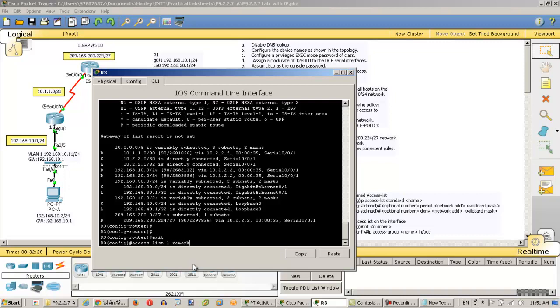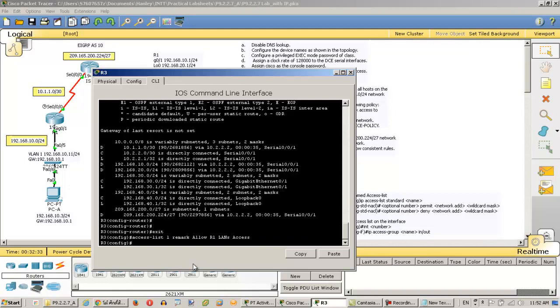We can actually make a remark, basically to allow R1 LAN access, to let us know what the access list does on R3. Same thing, access list again, 1. So in this case, we're going to permit who? Permit the